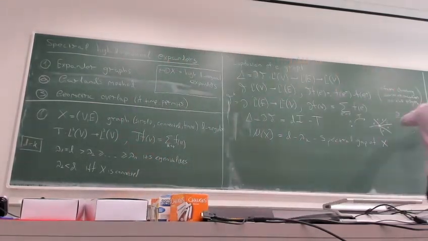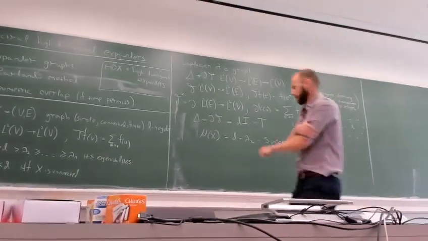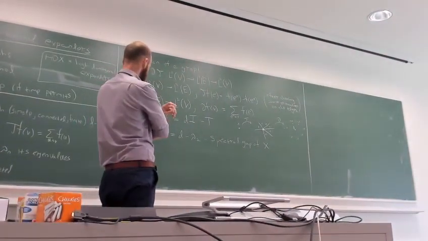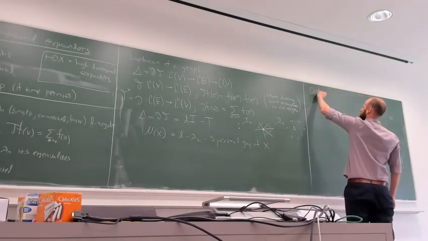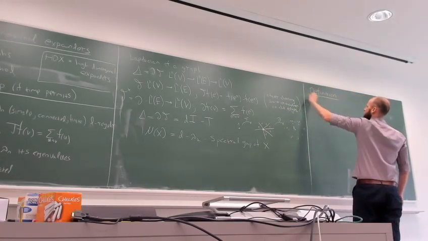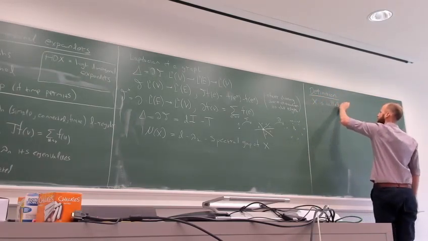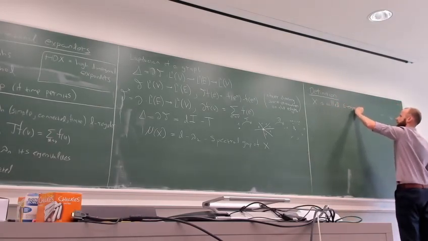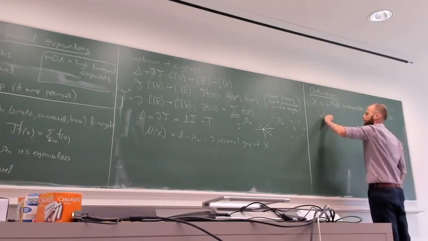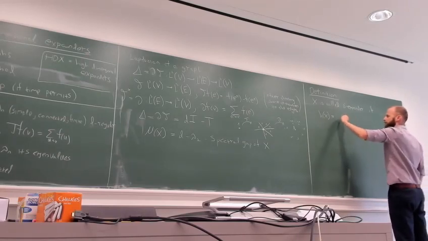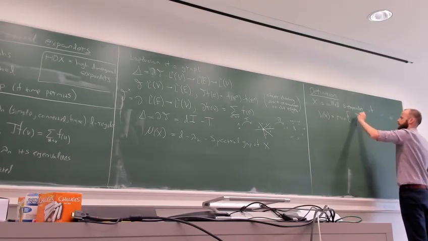Okay, and so now I'll give you the definition. The graph is called an epsilon expander if the Cheeger constant, which is defined as the minimum among all